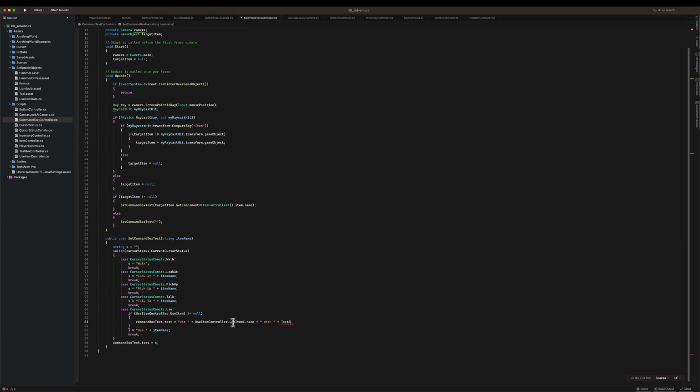Oh my god, I'm sorry, not text, it's item name, and that should be actually s equals use. Okay,